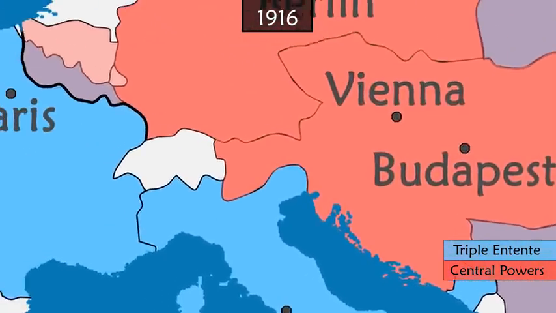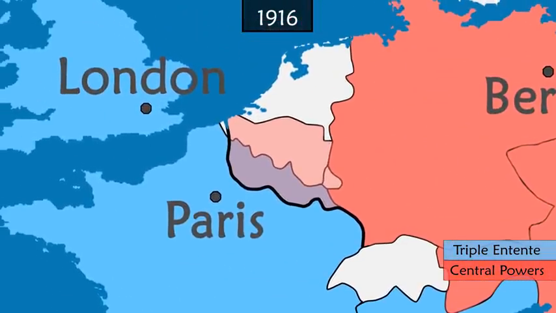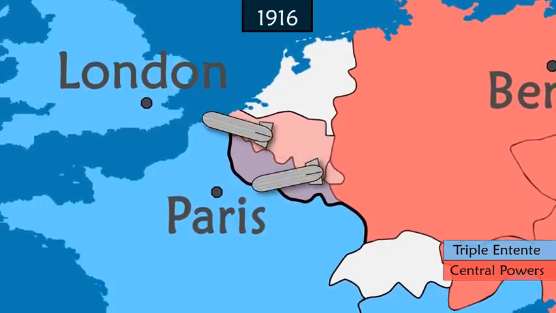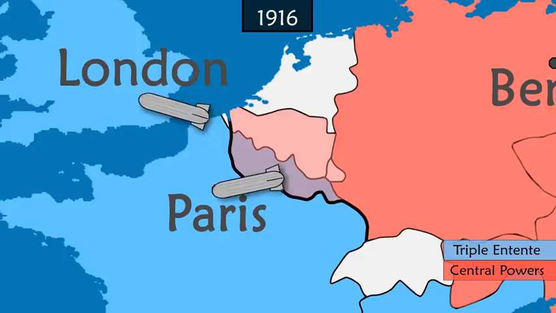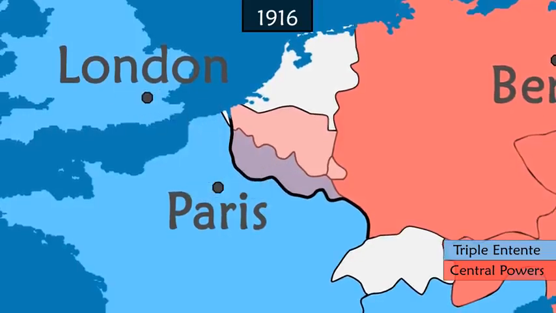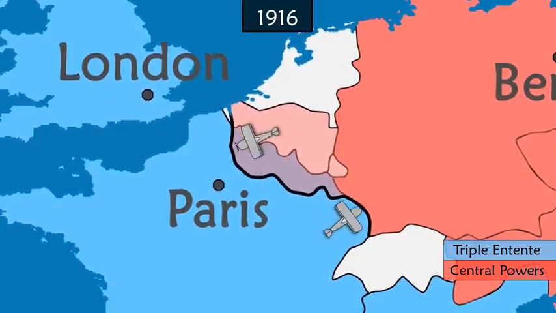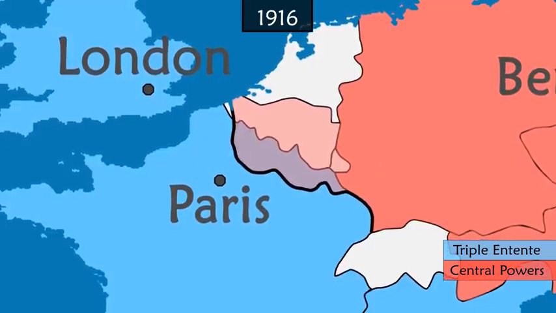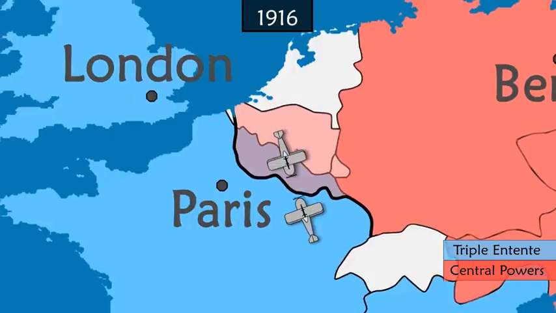In the West, Germany continues with military innovations. It becomes the first to organize aerial bombardments carried out by Zeppelin airships. London and Paris are regularly attacked. The Air Force is initially used for tracking and reconnaissance, but planes are quickly fitted out with machine guns, resulting in the first aerial battles.